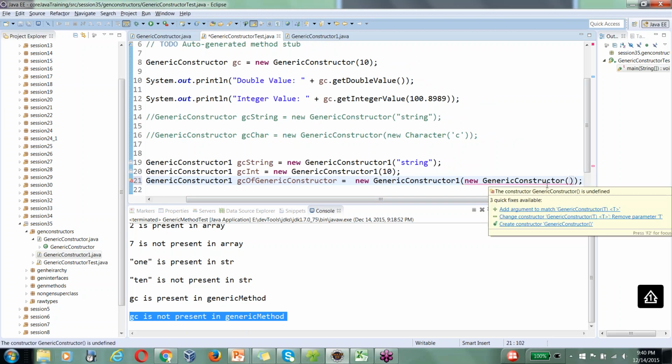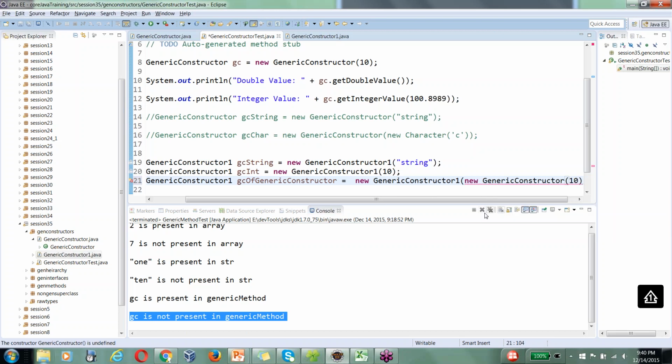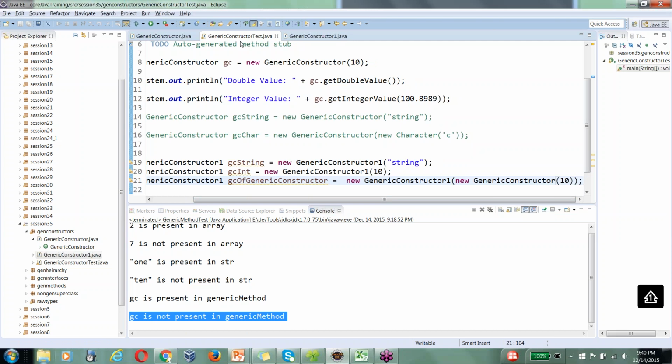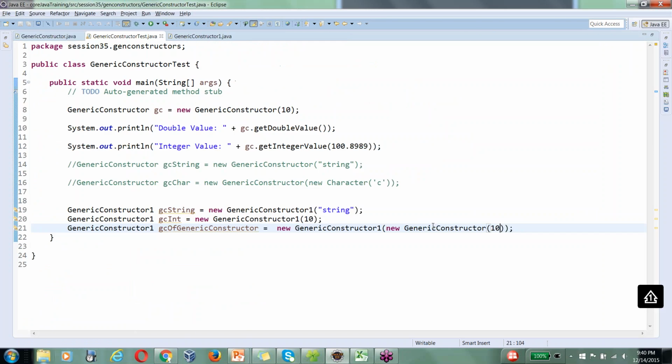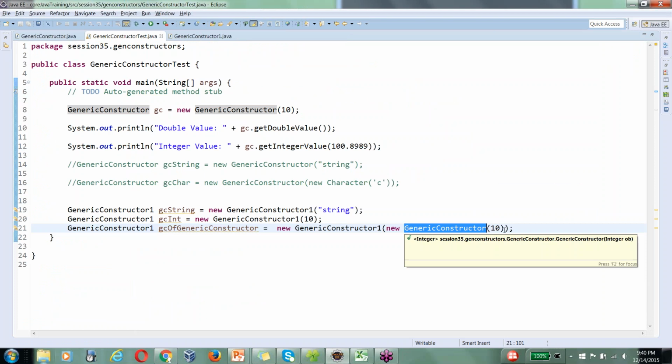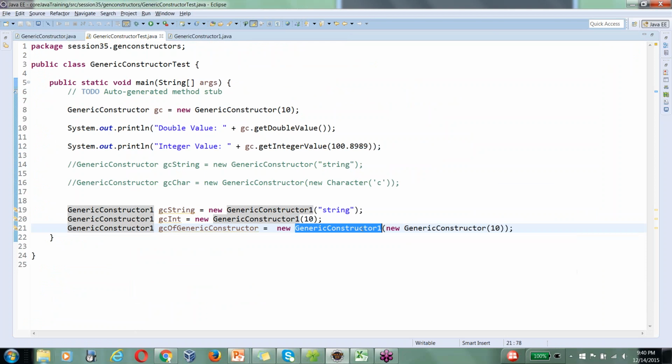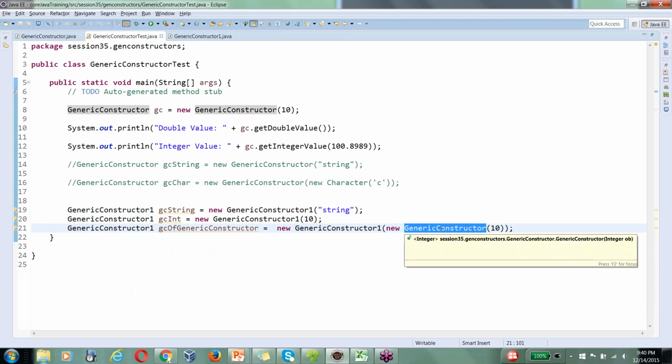It has to use some value. So see the thing here. This needs a generic value. This constructor is of generic type. This constructor is also of generic type. But this constructor accepts only